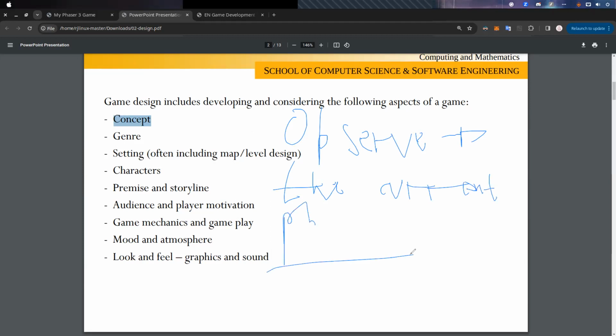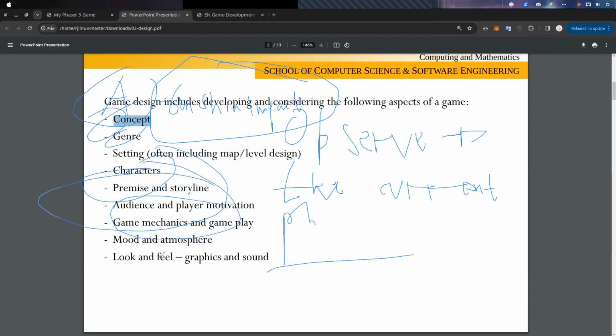For example, we have an object, such as Genshin Impact, and we want to observe it. After we observe Genshin Impact, its concept, genre, character, audience, game mechanics, and the other aspects, then we can just copy.